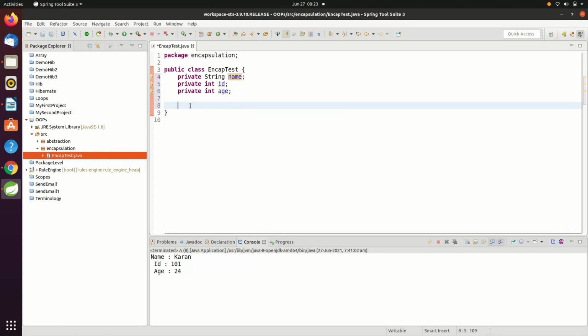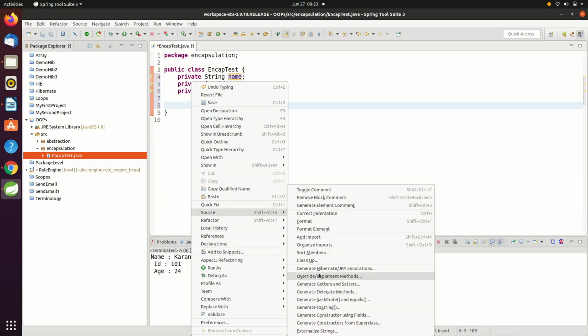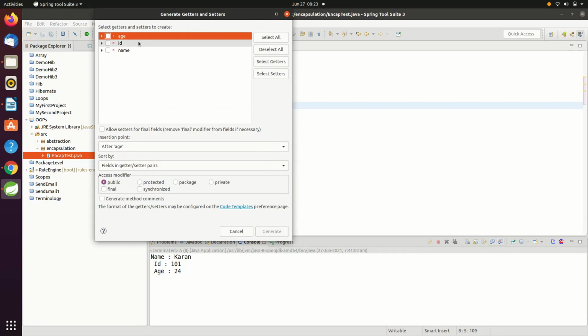You don't need to remember the syntax of getters and setters. What you need is just to right click and choose Source. You will have an option Generate Getters and Setters. Now just click on the checkbox for whichever variables you want public getters and setters.